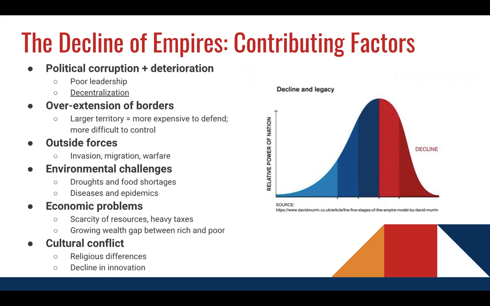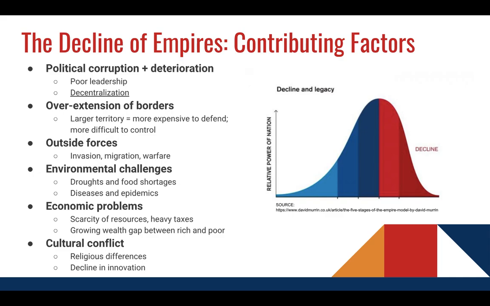This could be poor leadership. It could just be deterioration that could result from poor leadership. For example, instead of people looking to the emperor for answers, they might look to local leaders or military generals. We call this decentralization of the empire because it is becoming less centralized as people start to rely